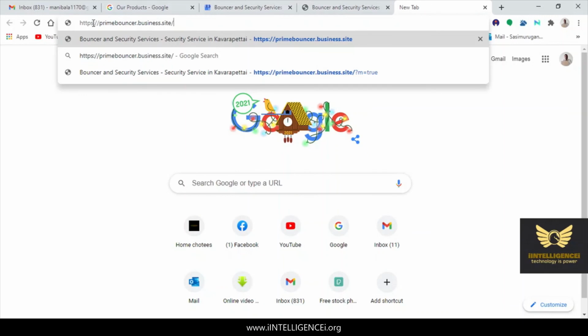See, actually this is the visible HTTPS. It consists of an SSL certificate, a security certificate from Google too. It is not just HTTP. It is HTTPS, a secured site provided by Google to individual entrepreneurs. HTTPS, then the name, whatever we give, primebouncer.business.site.